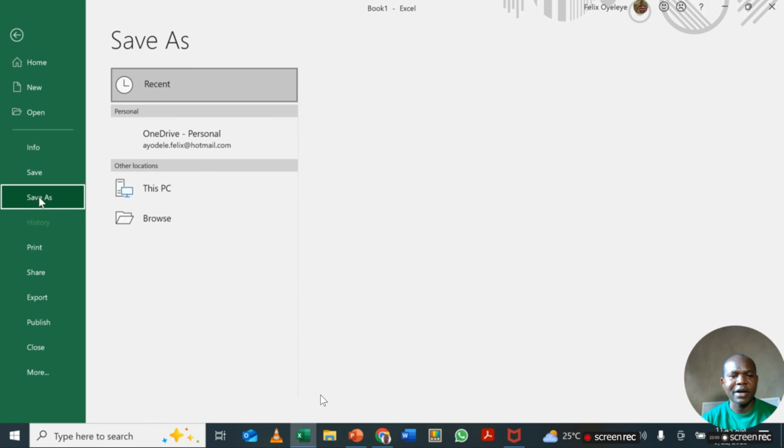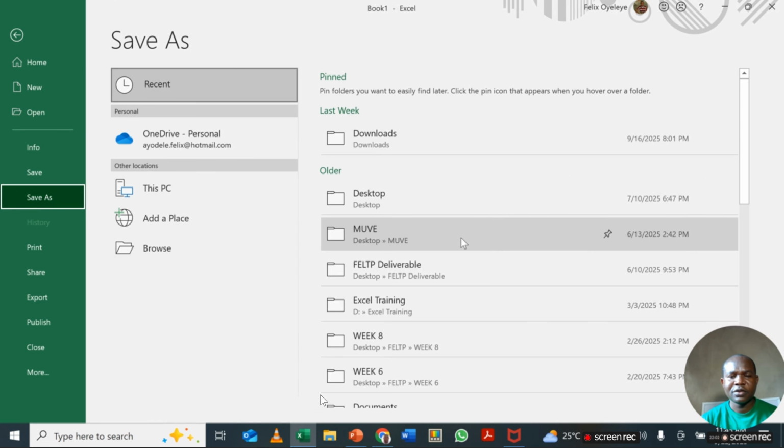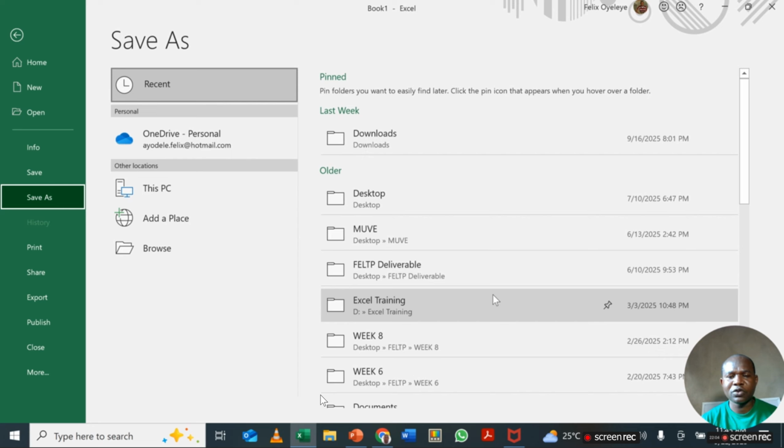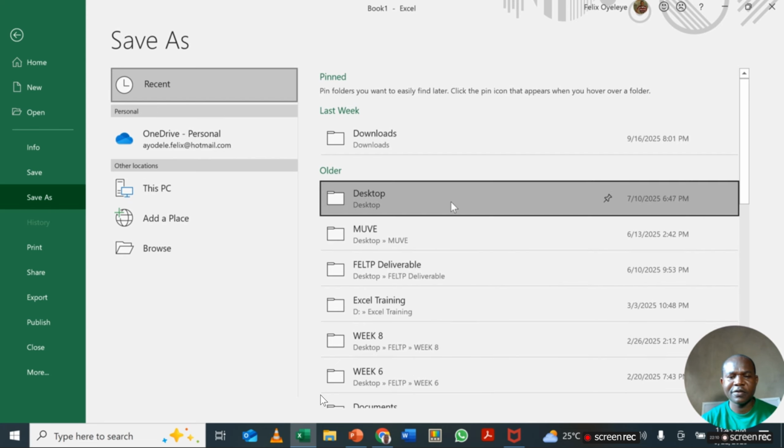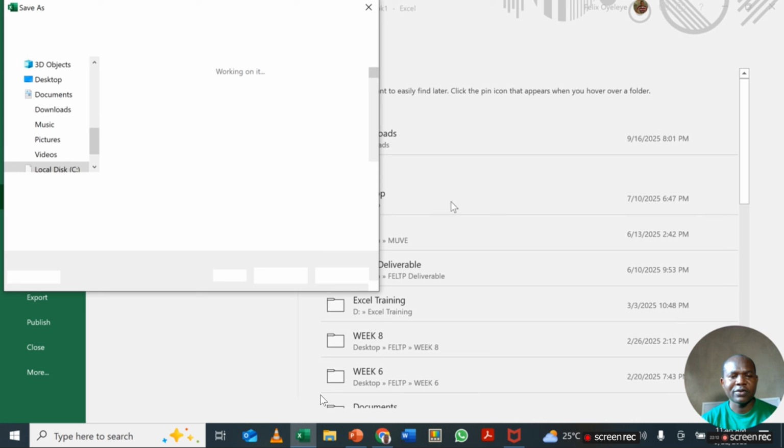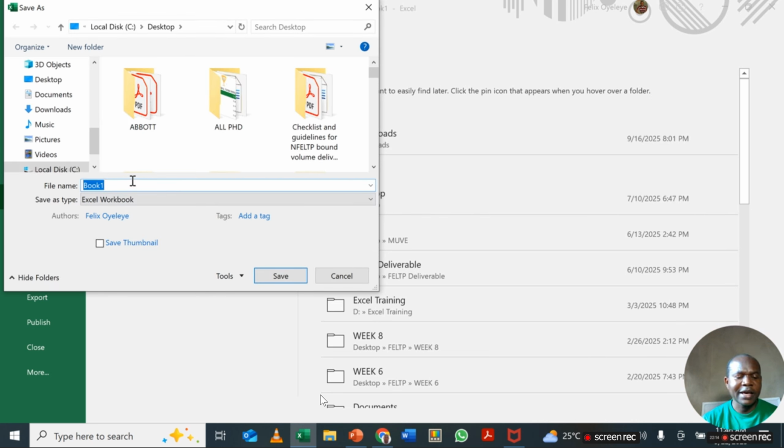If you click on Save As, the system will prompt you to decide the folder where you want to save your data. Let's say I decide to save it on the desktop. I select desktop, and here I want to enter a name. This time around, we want to enter the name we have for this exercise, that is